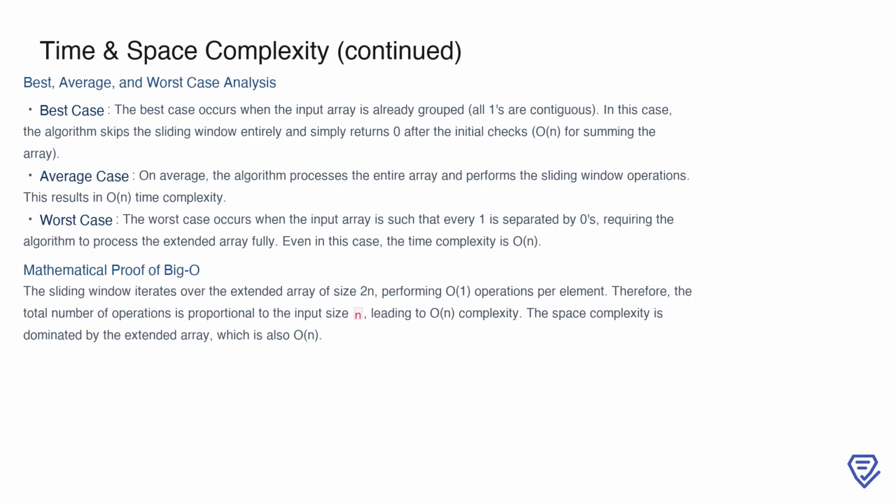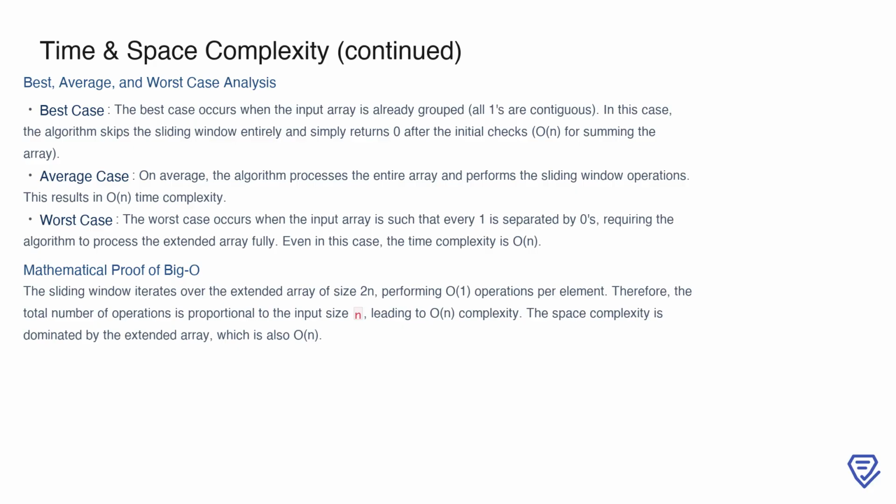Finally, let's break down the best, average, and worst-case scenarios. In the best case, all the 1's are already grouped together, and the algorithm only needs to compute the sum of the array, which takes O(n). In the average case, the algorithm processes the array and applies the sliding window technique, resulting in O(n) time complexity. Even in the worst case, where every 1 is separated by zeros, the sliding window still processes the extended array in